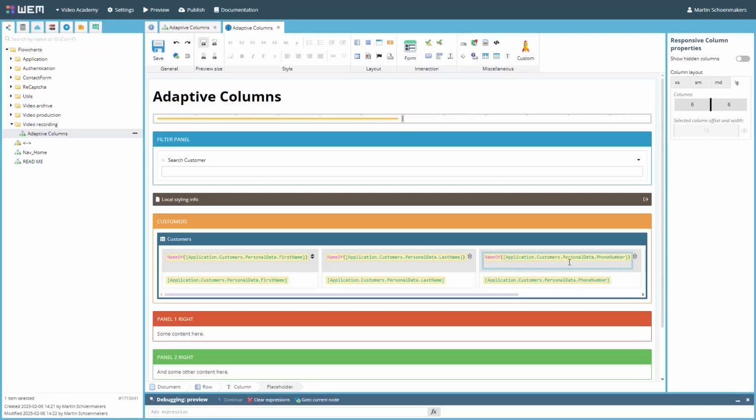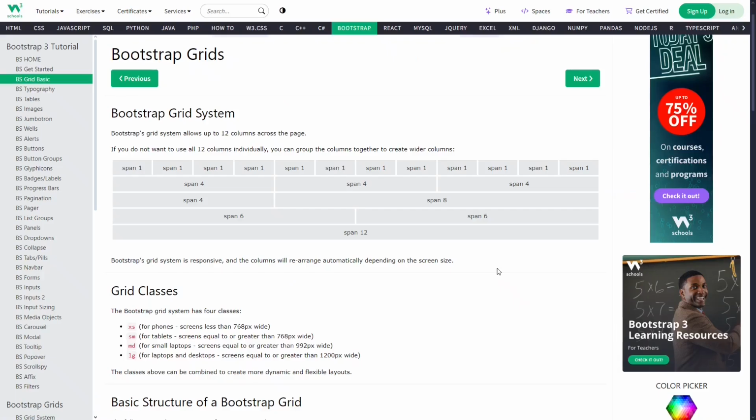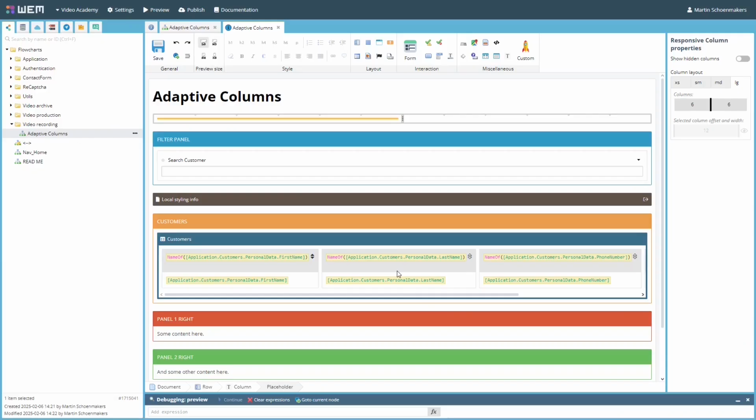The WEM interaction node templates are based on Bootstrap, a CSS framework for developing responsive and mobile-first websites. Bootstrap divides the width of a web page into 12 virtual columns. The content on the web page can then be configured to consume between 1 and 12 of these columns. The current component is divided in 2 columns of 6, meaning 6 out of 12, or 50% of the total